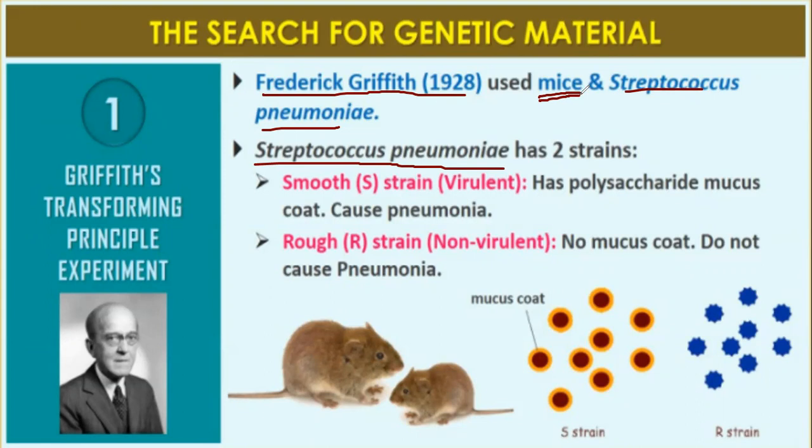S type means smooth strain, that is smooth capsulated and virulent strain bacteria, that is disease causing bacteria. So virulent bacteria means disease causing bacteria, they cause pneumonia. They have a polysaccharide mucus coat. As R type he has taken the rough strain bacteria or non-virulent bacteria with no mucus coat that do not cause